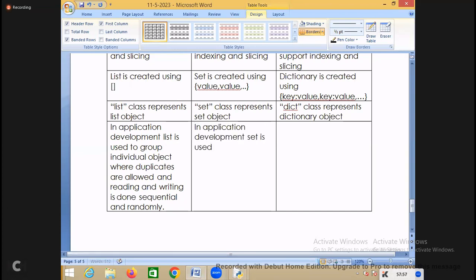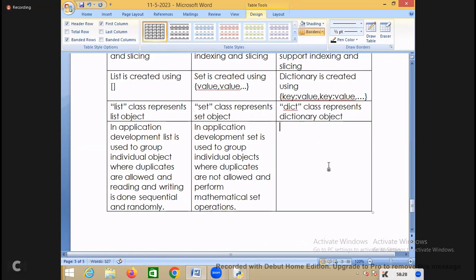Set is used to group individual objects where duplicates are not allowed, and to perform mathematical set operations. Then you go for which one? Set. So in application development,